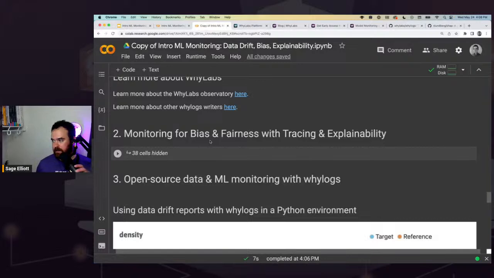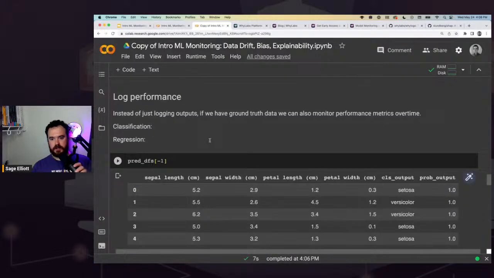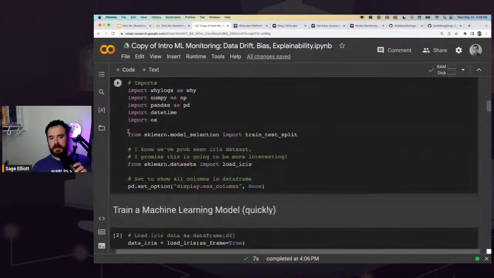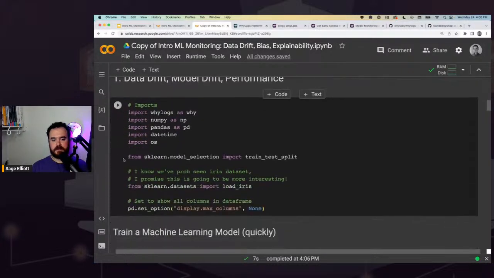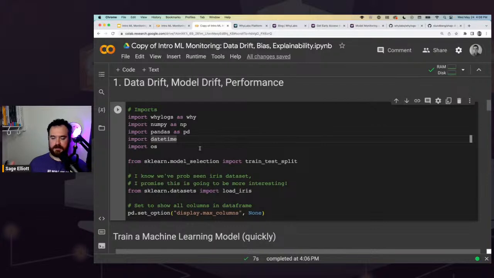Is anyone else still here that had an error in their notebook? If you do have an error, I'll throw out a couple things that could be the cause before we move on. One, if you weren't here at the part where I really emphasized to restart your runtime, this can throw an error because one of the libraries will have a conflict with another one. Also, a common error is just missing one of the code cells. I do this all the time, where I think I ran a code cell, but I didn't.